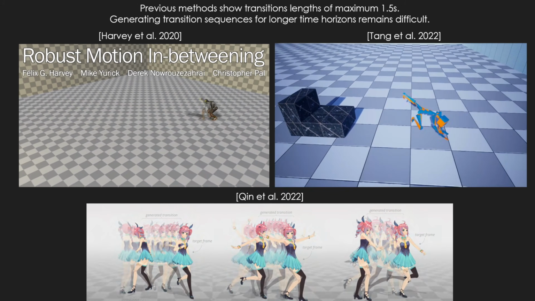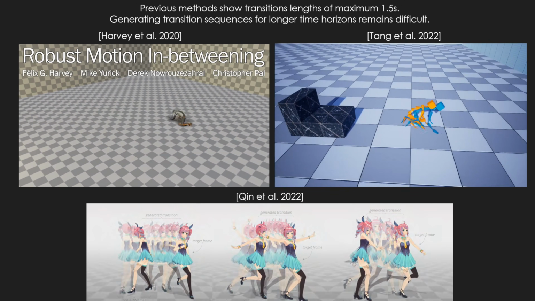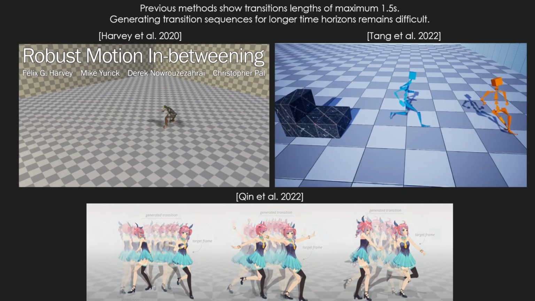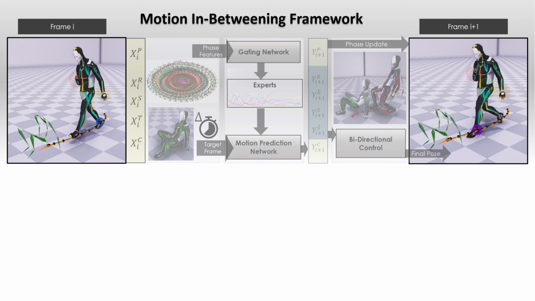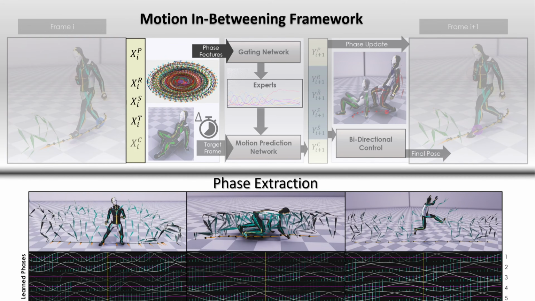They further require more data for training in order to avoid poor generalization to unseen keyframes and transition times during inference. Our time series system utilizes a mixture of experts neural network and predicts the character pose from one frame into the next in an auto-regressive fashion. First, we extract phase features from the unstructured movements.